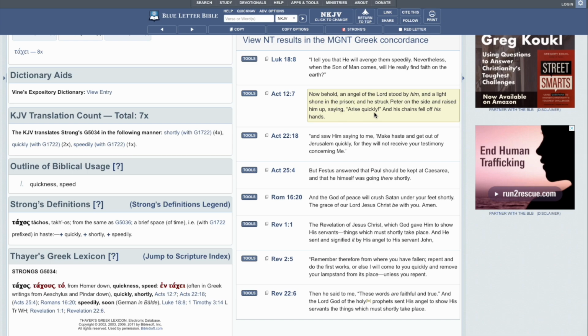There's our word. That's the same word as used in Revelation. "His chains fell off his hands." Now, question. Did the angel of the Lord come to Peter and say, "Now, Peter, there's an earthquake. Your chains just fell off. You're in prison. I want you to stand up. But wait, don't stand up until I explain it all, Peter. I want you to stand up really, really quickly. But I just want you to understand, Peter,